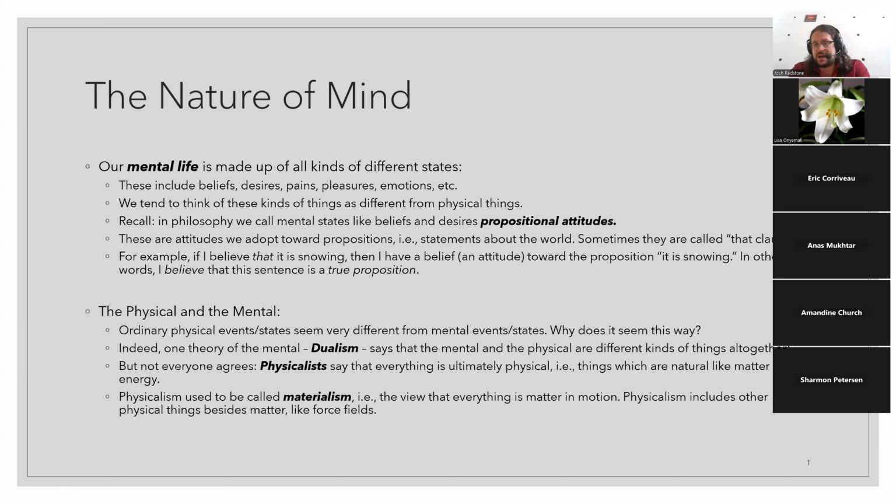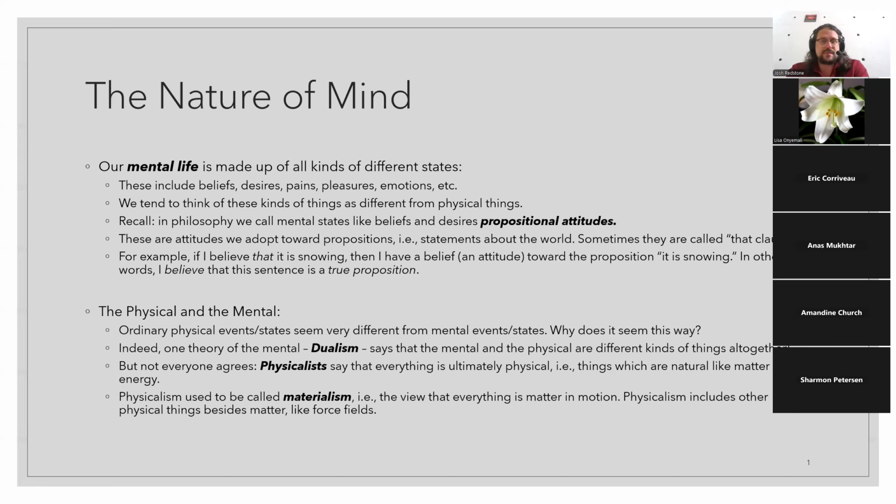And we've encountered a number of these already. Beliefs and desires are big ones, so philosophers talk about those a lot. But also states like pains and pleasures, which we regard also as bodily states or somatic states, but there's also a mental component to them. Emotions, likewise. With pains and pleasures, emotions are embodied, but there are mental aspects to them.